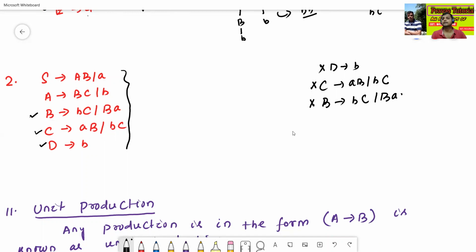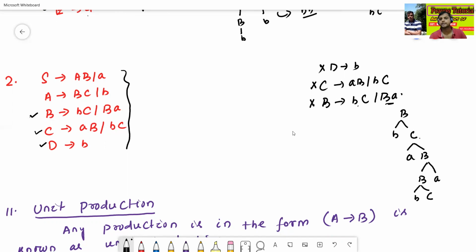Does not contain any terminal string means, for example, B has productions like B to BC. Then we can use C, let's say A, B. Then for B we can use B again, say BA. Again I use BC. But it cannot be terminated.